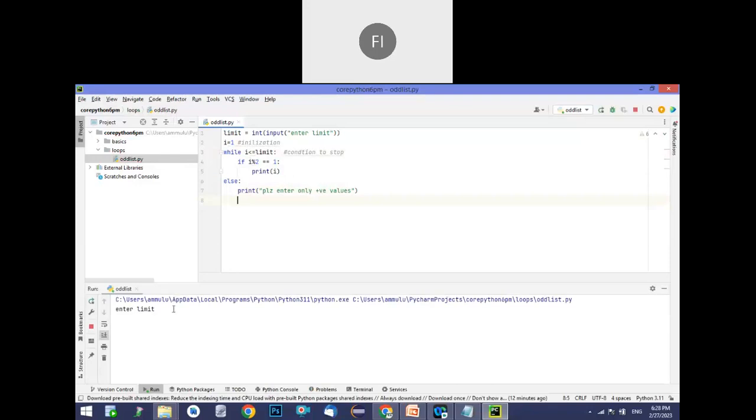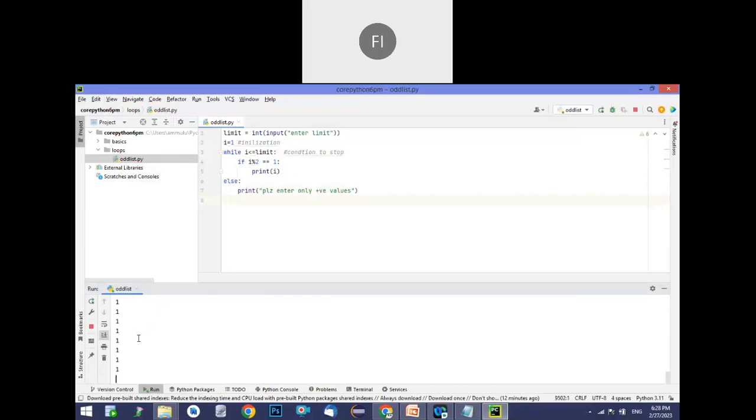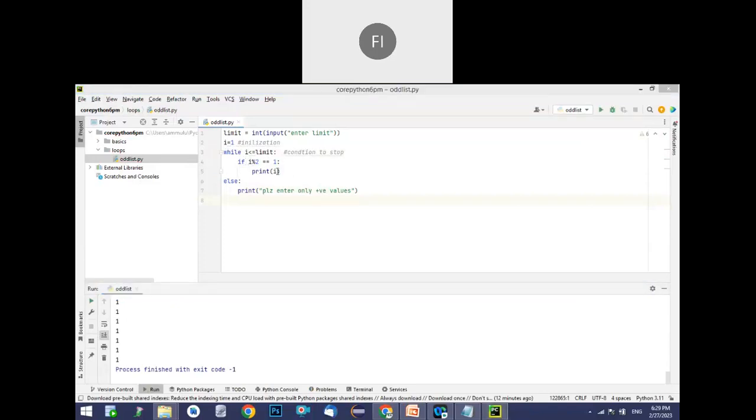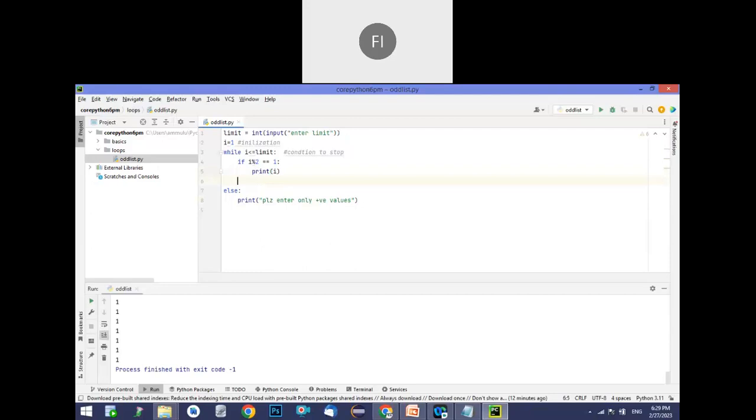Now I'm giving the limit. The first condition I'm giving is 10. Now you see it keeps on printing 1 1 1 and doesn't stop, because it went into an infinite loop. Initially I value I gave as 1, and it's checking the limit I gave as 10, so 1 is less than or equal to 10, yes. If 1 percent 2 equals 1, yes, it is an odd number, so it's printing. Again it goes back, still 1 only. Whenever it has printed the value one time, we have to increment that value by 1. So we should write i equals i plus 1. This is what we call the increment operation.